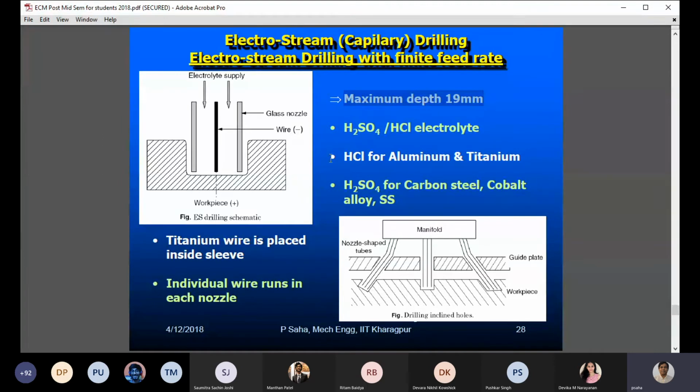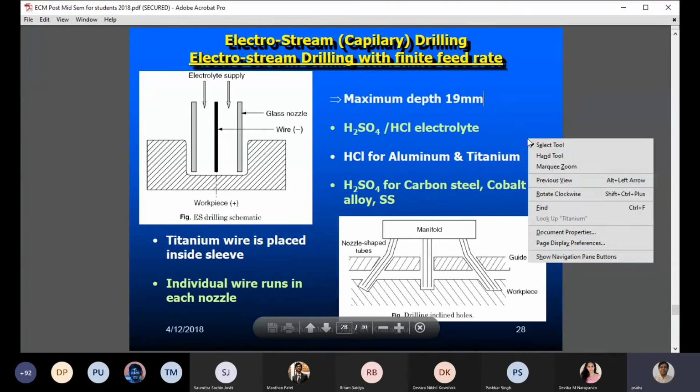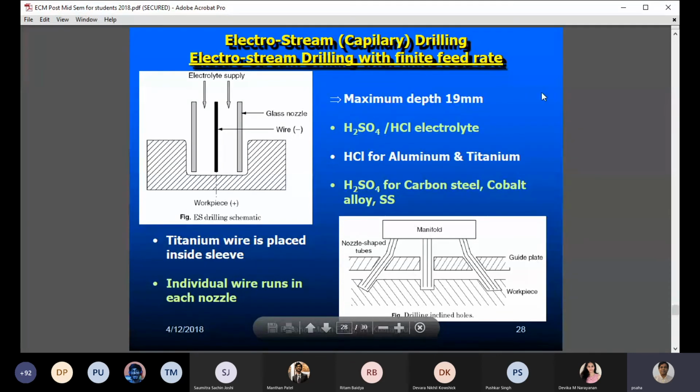With very thin wires, in one go, suppose we have a number of glass tubes fixed over here. This is one glass tube, this is one glass tube, and this is one glass tube. Here we can pass the thin wires through them. Some have a guide mechanism which pushes the wire, so we can create a hole by pushing the wire further. It will follow the path of the glass tubes, so that we can create an inclined hole, a straight hole, and another inclined hole on the job.